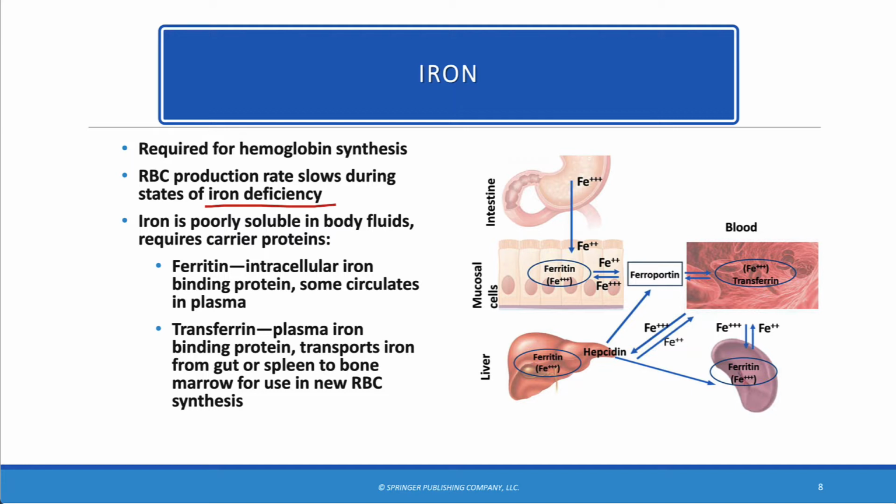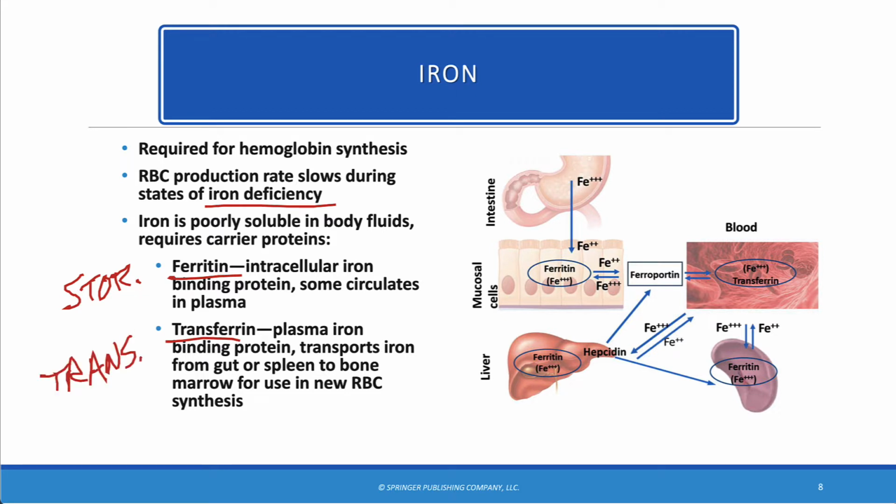So that will affect the rate of production. Remember that iron doesn't dissolve very well in the blood, and it has to be affixed to carrier proteins, and those again are ferritin, which is the storage form, and transferrin, which is the transport form